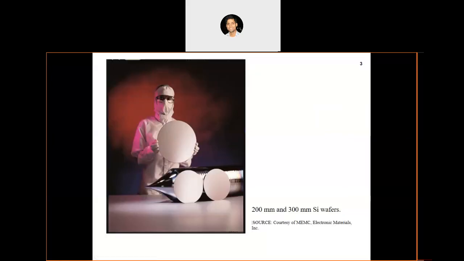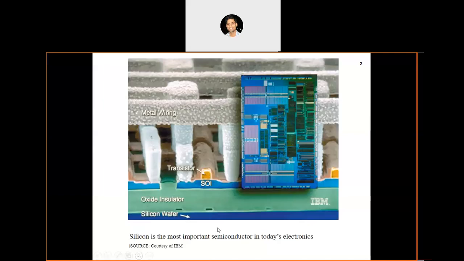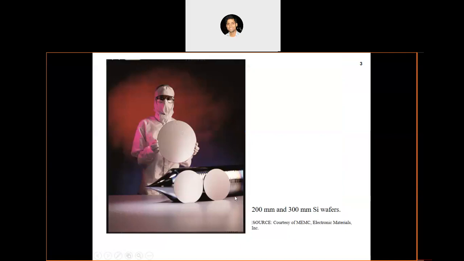So when you saw here, there is silicon at the bottom. Actually, there is a silicon wafer. This is the first thing which is produced. On top of it there are at least 5 to 10 different layers. All of those are etched or produced using different chemical or material processes. But in the beginning, the first thing we produce is the silicon wafer. A silicon wafer is nothing but a very thin slice of silicon.